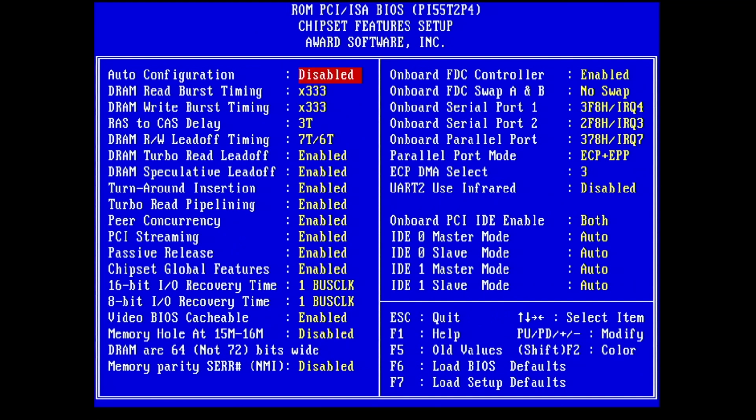In the next section you will see how I configured the memory. The timings you will achieve will depend on the quality of your memory modules, but you can use those settings as a guideline. And as promised, at the end of the video, I will show the configuration for the external